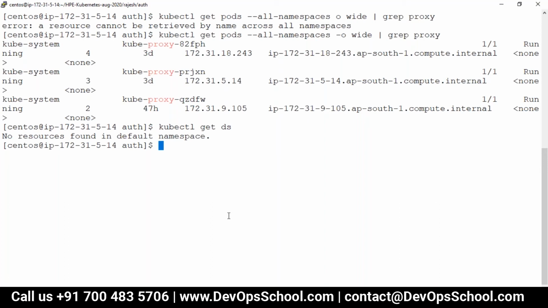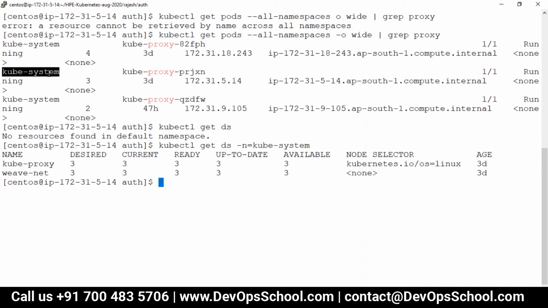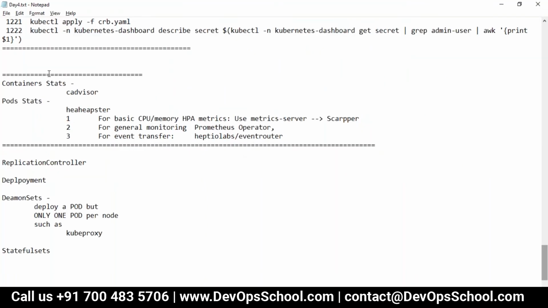The namespace is kube-system. It's like a deployment only, but here it will make sure that at least one pod runs on each node. So Weave Net is also a daemon set.